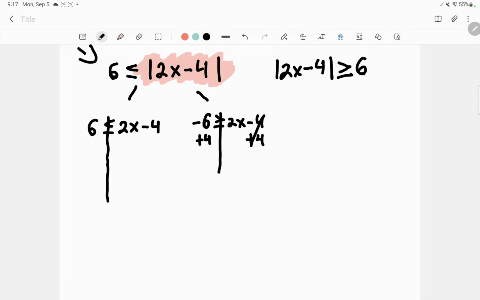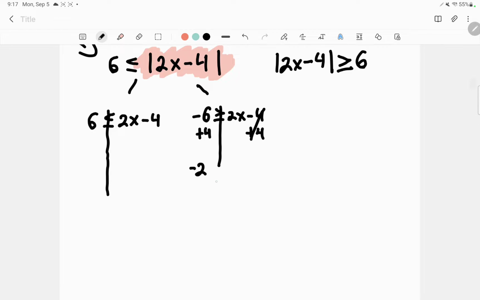Now I have -6 and 4. Because they're different signs, I'm going to subtract. So in this case, I'm going to get -2. It's going to be greater than or equal to 2x. Now in order to get rid of the 2, I'm going to go ahead and divide both sides by 2. And I have -1 is greater than or equal to